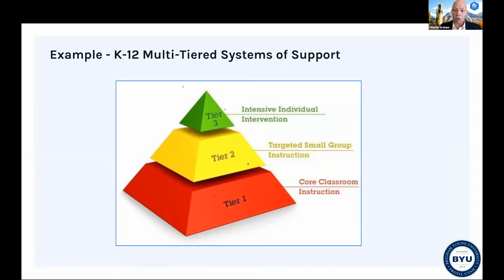And then a smaller portion of the students will get small group instruction or additional support. And then usually this is about 15 to 20% of the students. And then at the top level, tier 3, is where we have students that need more intensive individual